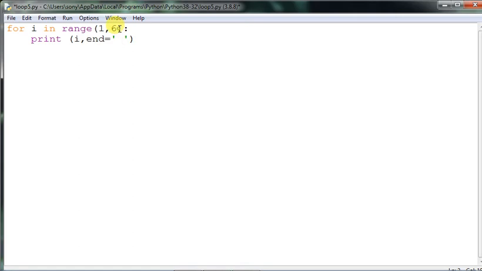For example, if you want to go in the backward direction from 10 to 1, give 10 to 0, and it will stop just before 0, which is 1. As you proceed, you have to give minus 1. Then 10 minus 1 is 9, 9 minus 1 is 8. Since it is not plus 1, even minus 1 you need to mention.